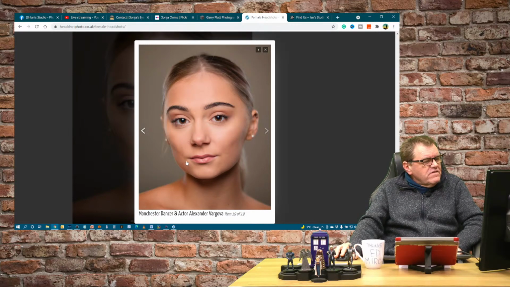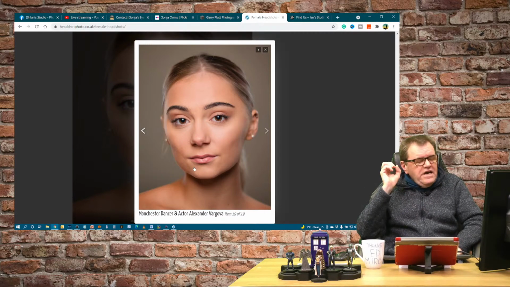That has been photoshopped with skin softening on there. It's a really good job at skin softening. You've done a really good job with the complexion on that, but the casting director would completely ignore the actor if that was the image that they were shown, because that's not a true representation.